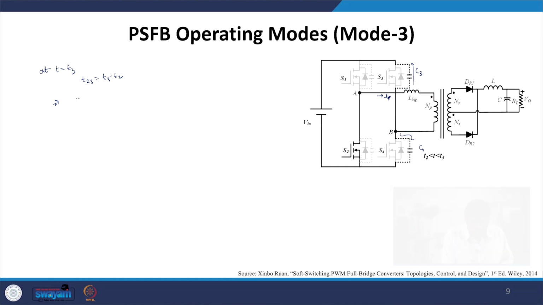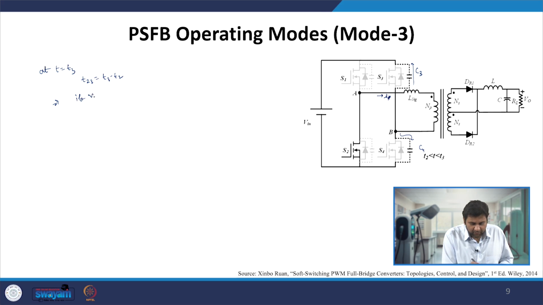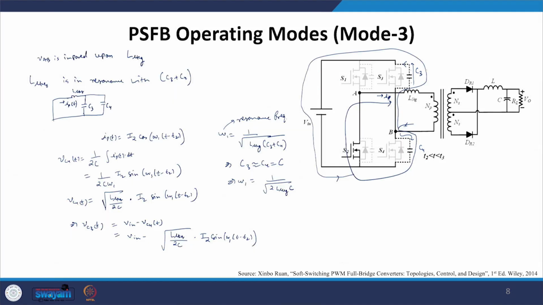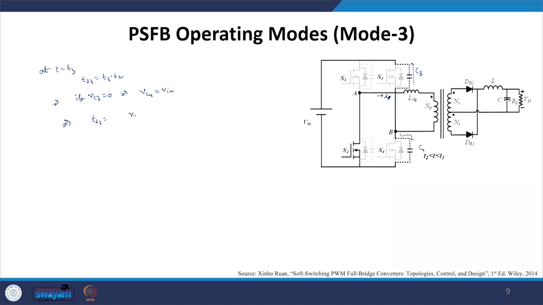So at T3, if Vc3 is 0, then Vc4 goes to Vin, and then we can write T23 as equal to, from here we can just calculate, Vin